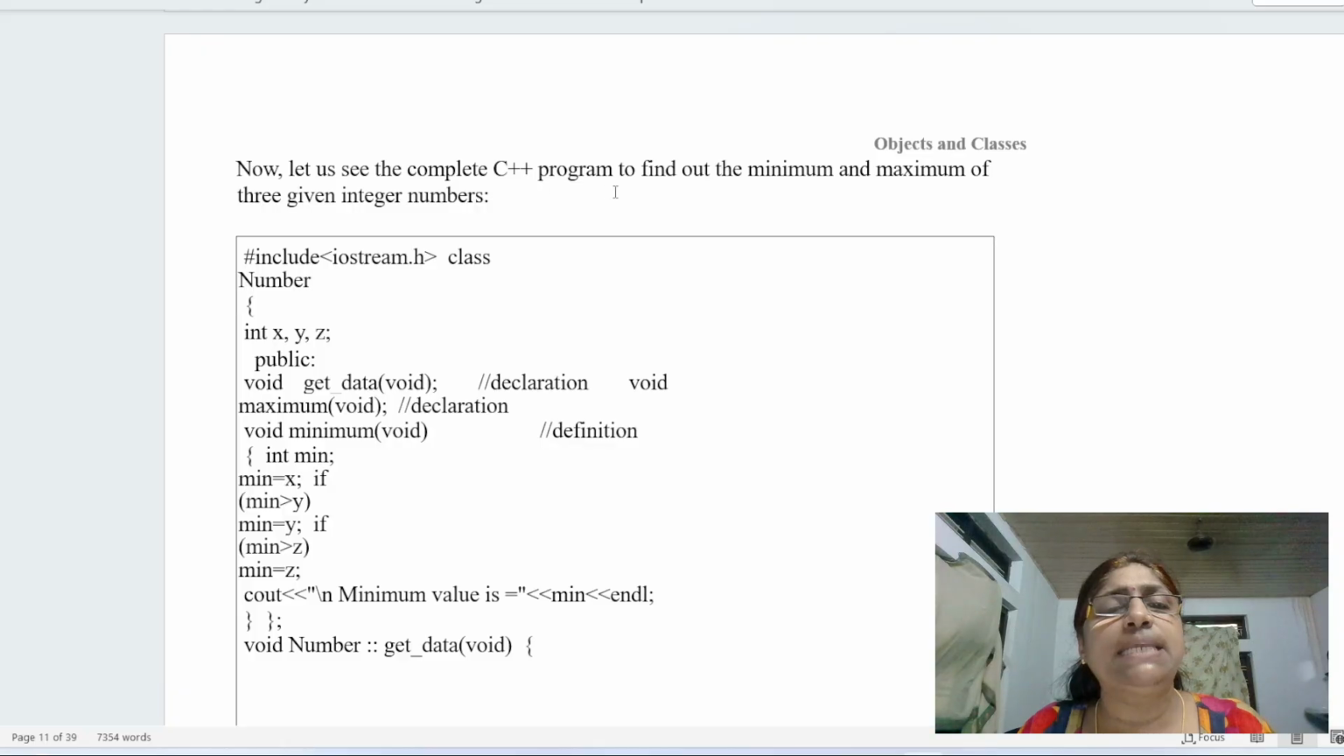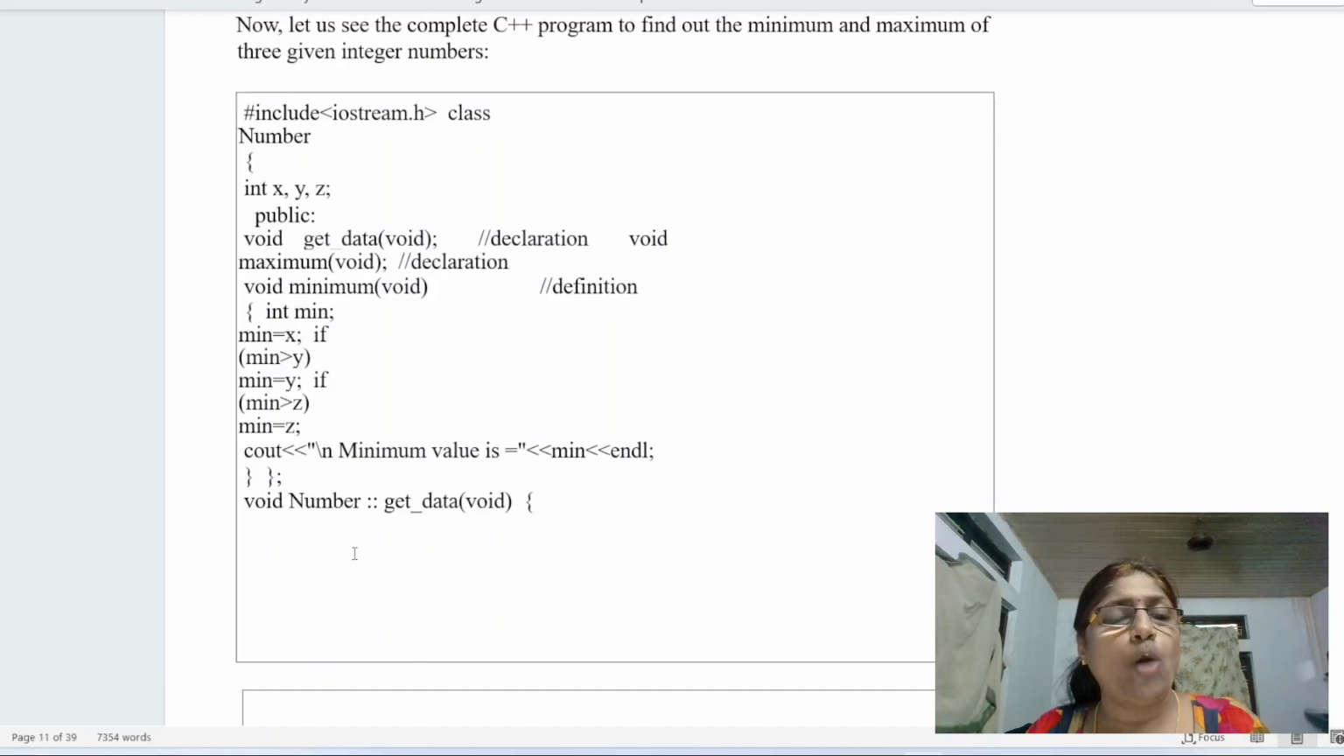Now let us complete the C++ program to find out the minimum and maximum of three given integer numbers. #include <iostream.h> class number { int x, y, z; public: void get_data(); void maximum(); void minimum() { int minimum = x; if (minimum > y) minimum = y; if (minimum > z) minimum = z; cout << "Minimum value is" << minimum << endl; } };